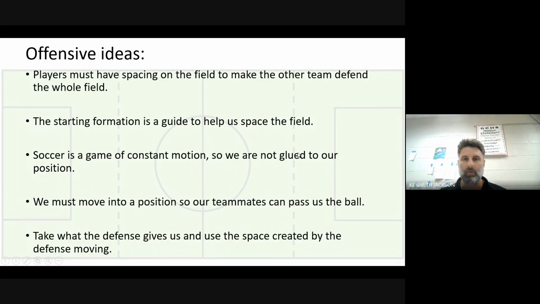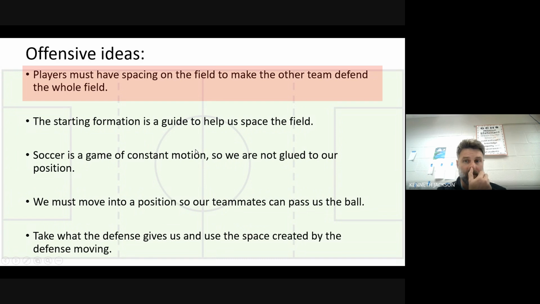Offense is fun, scoring goals is fun, and we're trying to score more goals. And I think hopefully some of the previous videos and the practices that we've been doing give you some thoughts about how to play soccer. You can pause the video and read through the list. They've been on every video so far, but I want to focus today on the first one, which is that